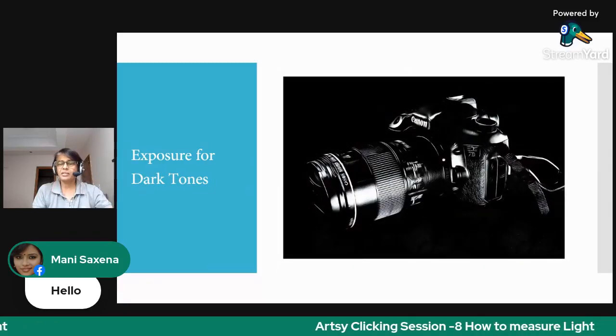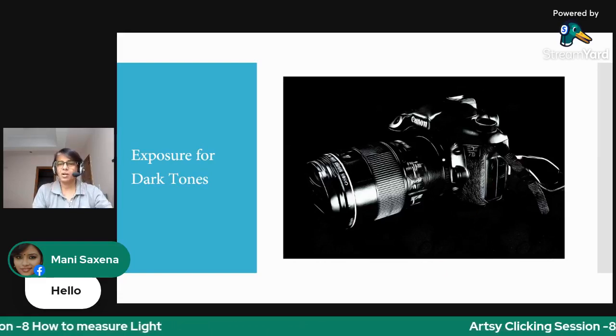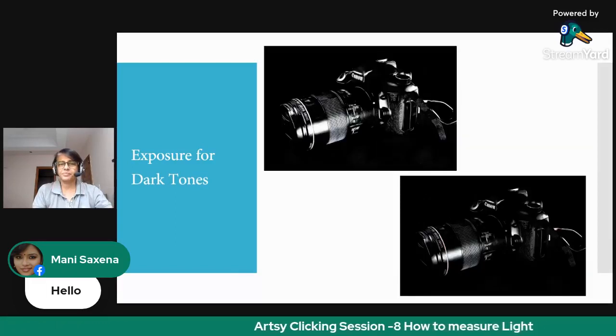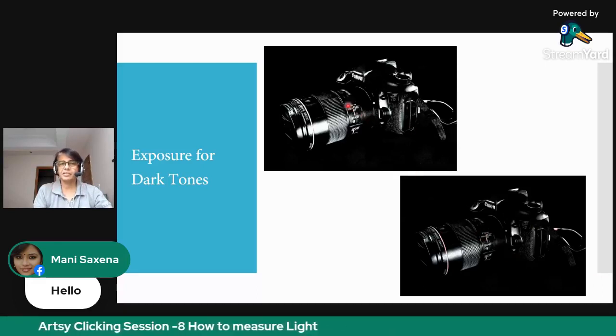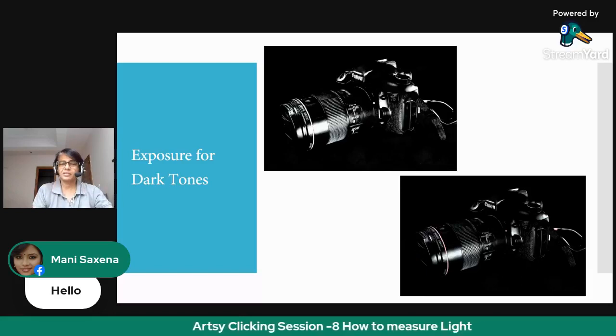And for a darker scene, you will get a brighter picture, and the scene will come out overexposed. So a dark scene will come out brighter, like this is bright, and this is when the light meter is at 0, where actually the scene is like this.